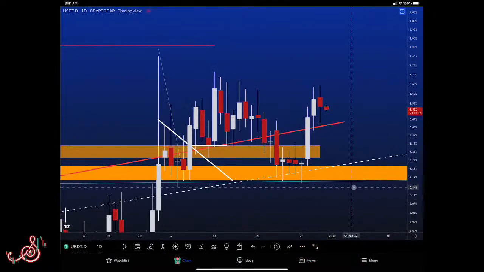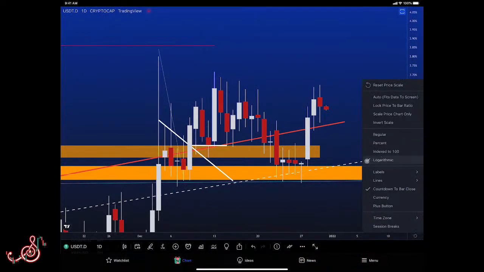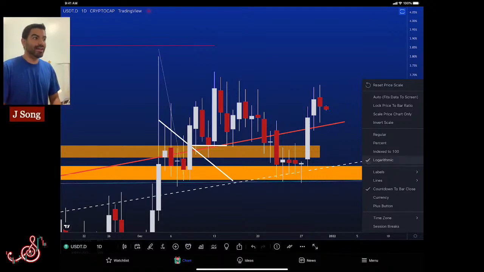I want you to follow along if you can. If you have an iPad, it's always recommended. If you have a tablet, you can also use that too. The app we use is called TradingView, and it's going to look like this. In TradingView, you want to make sure you go off to the side on your settings and click the button that says logarithmic. So go ahead and do that, and that's basically all you need to really follow along and build some of